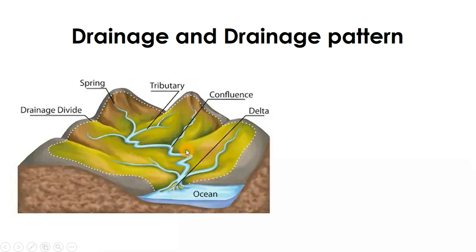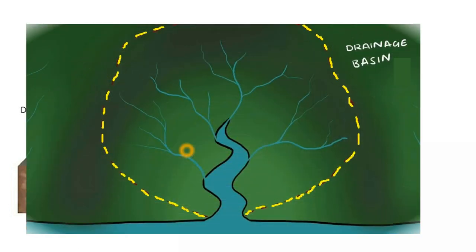Now when we look into this drainage system on a map, we are again looking from the top, that is, a bird's eye view, and it will give certain patterns. So the drainage system also forms certain patterns, just like in this one. It looks like a tree without leaves, or the branching of a tree. Just like in the settlement pattern, by looking at the drainage pattern we can understand a lot of things about a particular area. Because of this, studying the pattern of the drainage basin is also important.